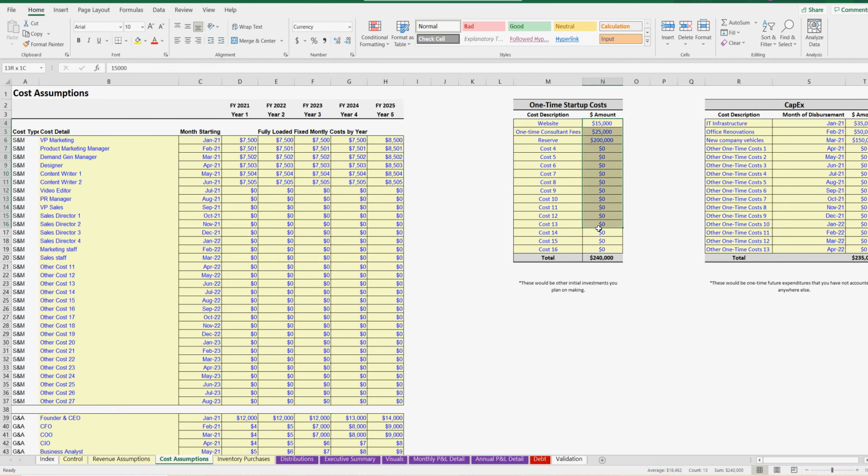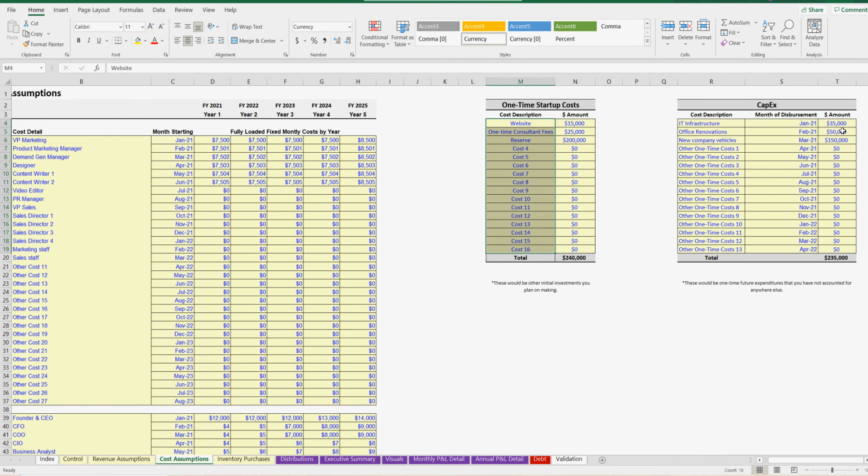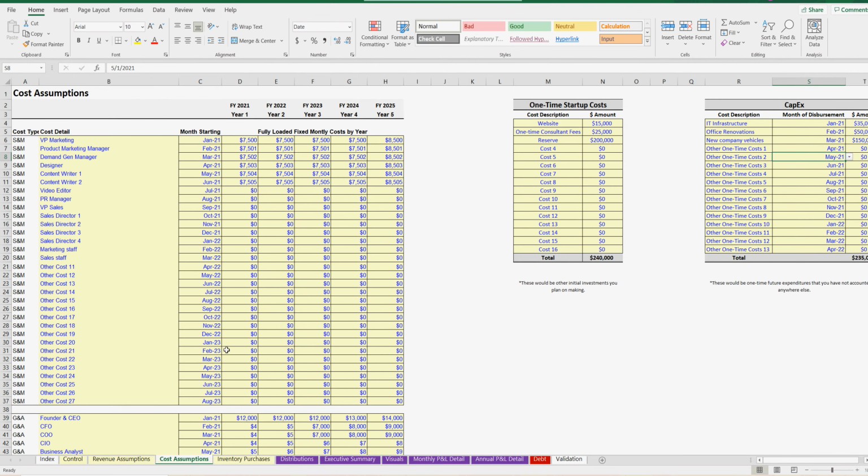You've also got one-time startup costs, which could be anything, up to 16 there, and then future capex if you plan on capital expenditures happening over the life of the model, in one-time items in a given month in the future. We've also got